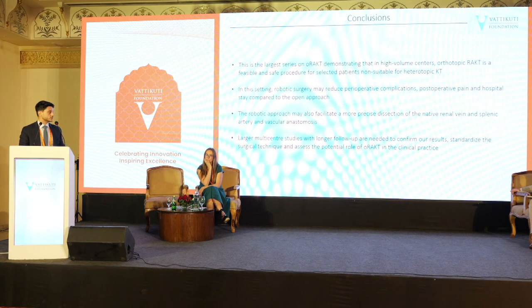So in conclusion, this is the largest series published so far of robotic orthotopic kidney transplantation that is a safe and feasible technique for selected cases, of course, because patient selection is a fundamental criterion for this kind of technique, and of course in a high volume center with huge experience on robotic kidney transplantation. But the robotic approach may reduce the perioperative complication rate, especially we had less vascular complications as compared